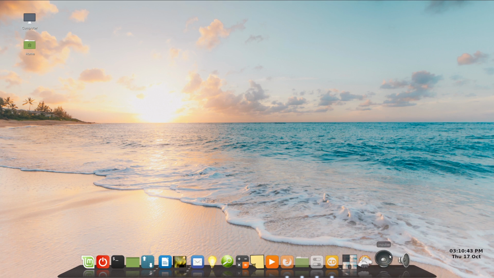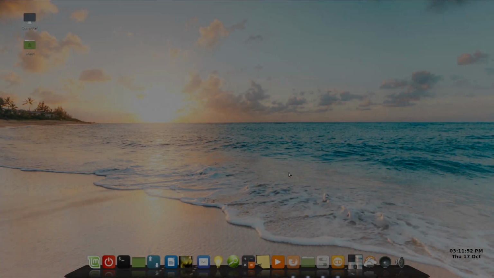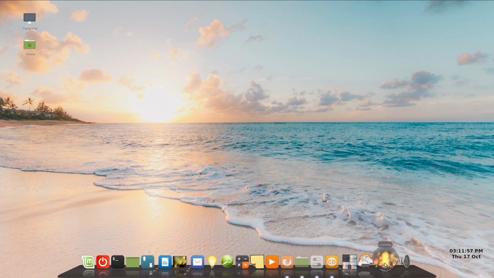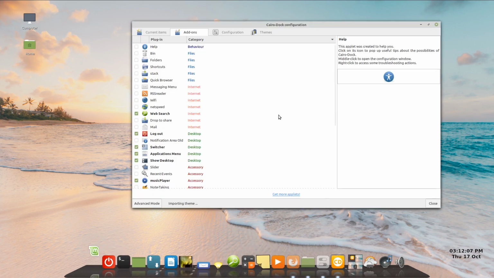This other volume looking icon is called Impulse, and this is the one just for fun. I said I'd show you what that's about. I'll start some music. I won't play the video or the audio, but I'll show you how it works. Okay, I've just got a video running off YouTube on the browser, and if we hit Impulse now, you see a little music symbol turns up on it, and all the icons are jumping for joy there. So if we go back into the configuration utility and we go to current items,